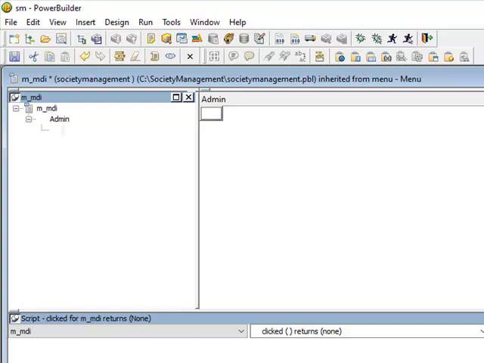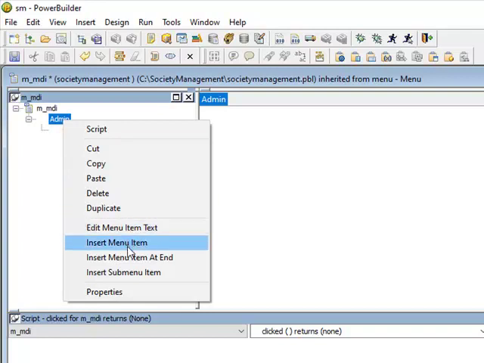Oops, what is happening? Create a, haan theek hai, create a society. Okay, haan, create a society, right? Or join a society. One more menu.